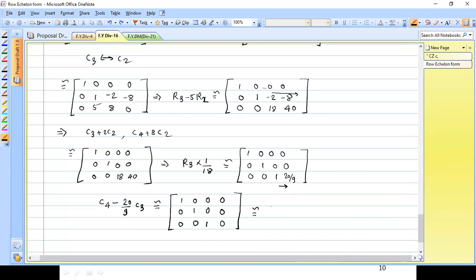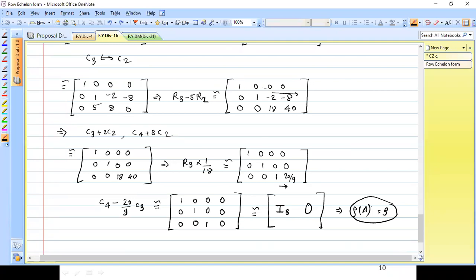So which form is this? Write down which normal form. How can I write it here? I3 and 0. So what is the rank? 3. So the rank of the given matrix A is equal to 3. Clean and clear? Yes, sir. So this is nothing but your normal form.